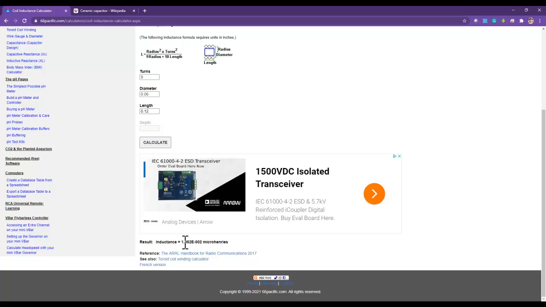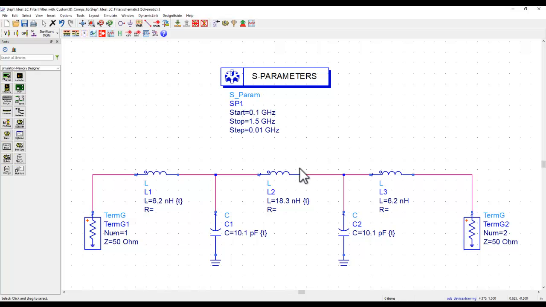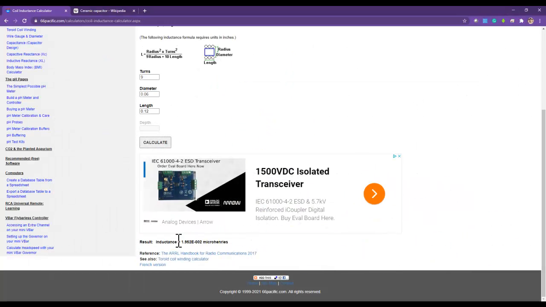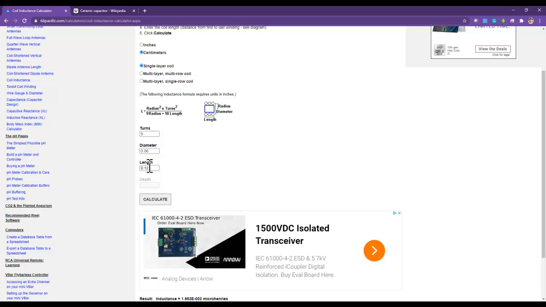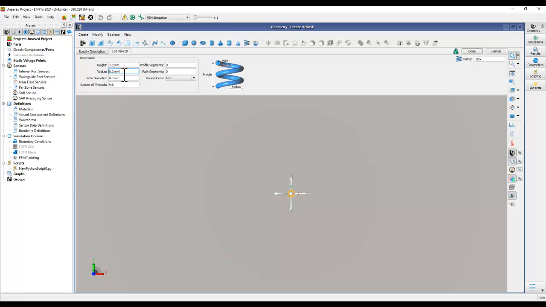As you can see right now, I have an inductance of 19.5 nanohenry, because it's e raised to minus 2 microhenry. So that's 19.5 nanohenry, which is pretty close to what I'm looking at as one of my inductors in circuit design. I was looking for 18.3, so that's pretty close. We will use this, and if required, we will do a bit of fine tuning there. Once I know my number of turns, diameter, and length, I can come back to EMPro and enter those